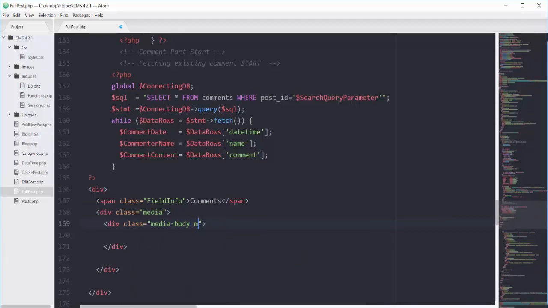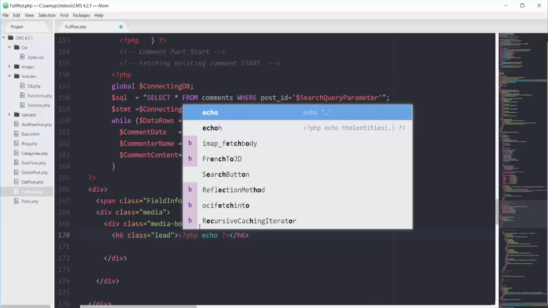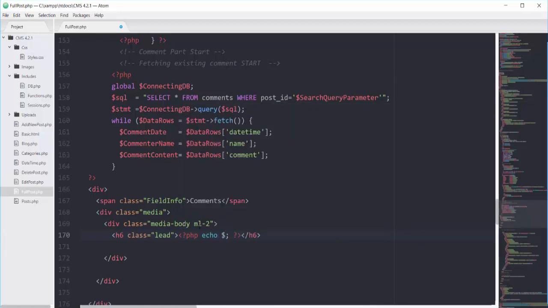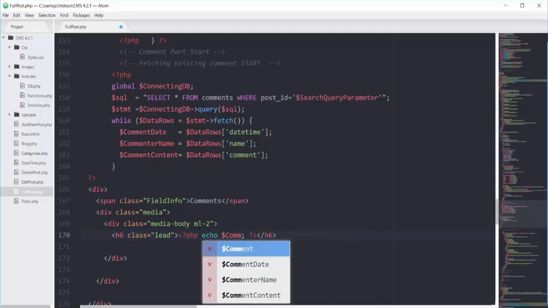Let's add some margin to it. So margin left would be 2, and then we will have one h6 tag in which I will use the Bootstrap class of lead, and for the content I will put the commenter name here. So echo this variable of commenter name.